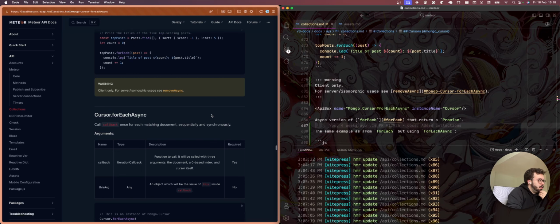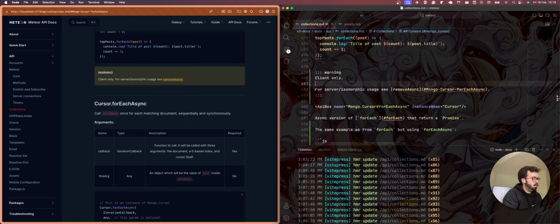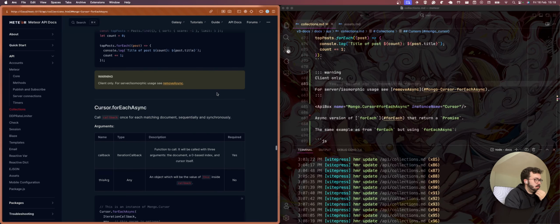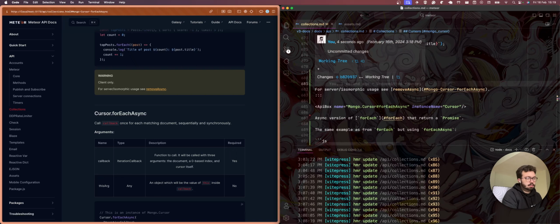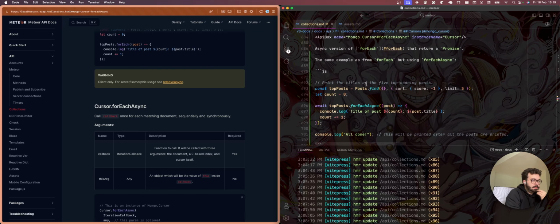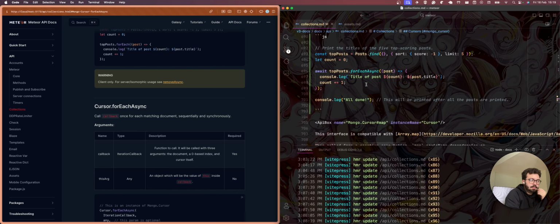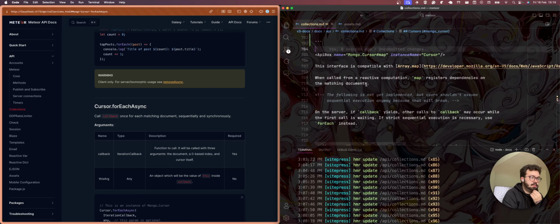So yeah, client only for server isomorphic usage. I think it's just like this. So let's continue with map.